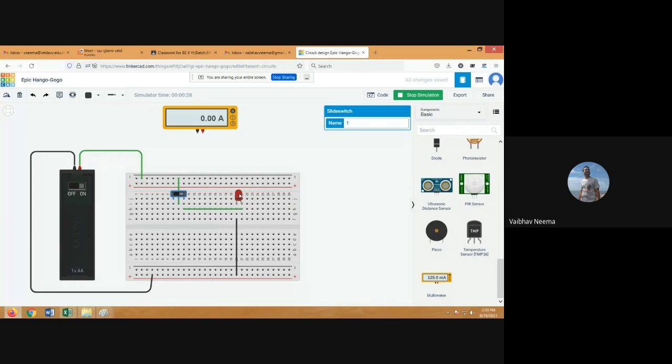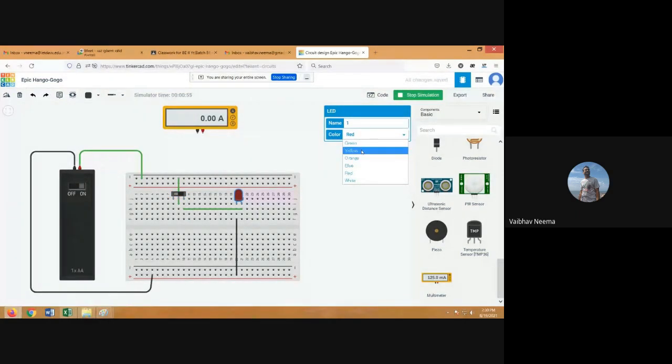It turns on when your switch is closed: turn on, turn off, turn on, turn off. So all of you can see that when we turn on the switch, this LED is on, and when we turn off this switch, the LED is off. You can change the color of the LED if you require.